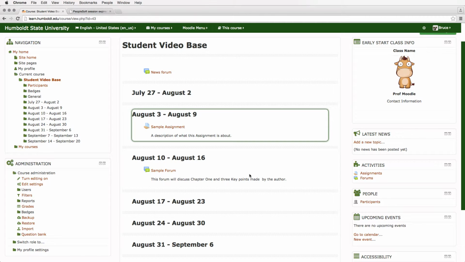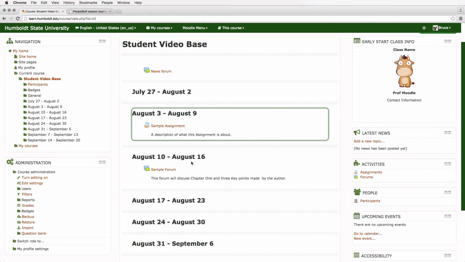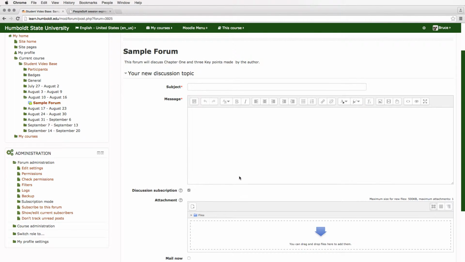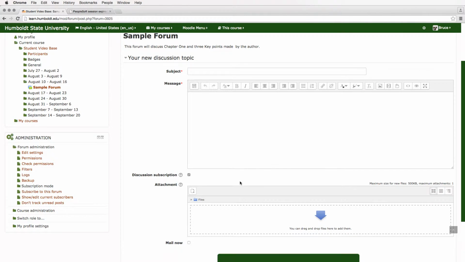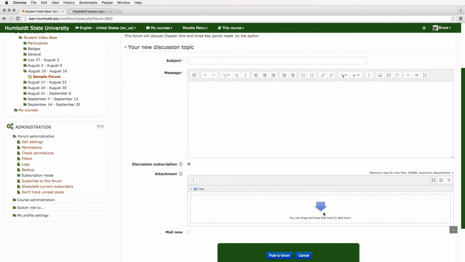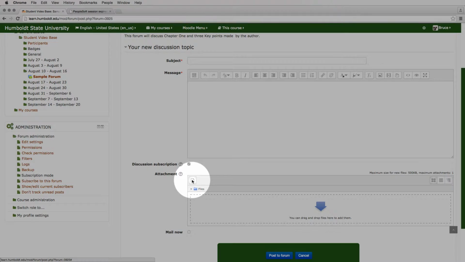We are going to once again go to the sample forum choice, give it a click, and we're going to scroll all the way down to where the blue arrow is, and up in the upper left-hand corner of the attachment section, there's that little image of a piece of paper, and if you float your mouse, it's going to say Add. Give it a click, and here's a file picker.